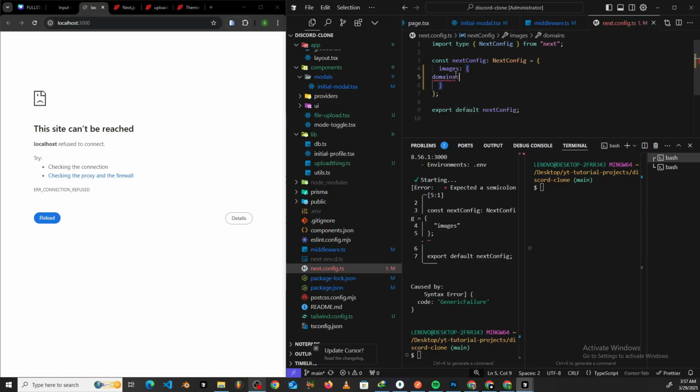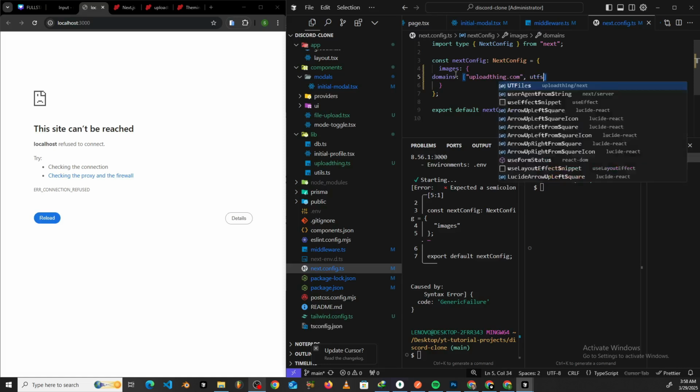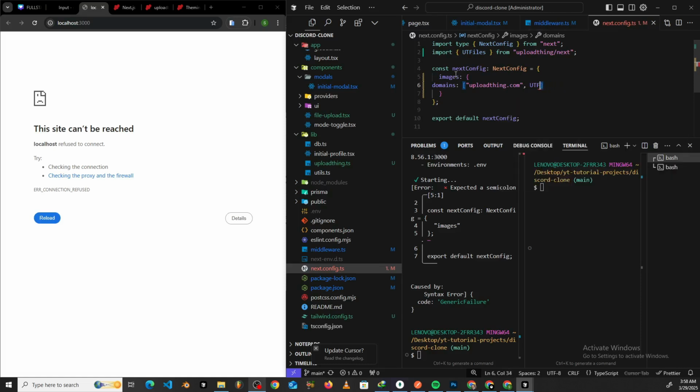Then inside the domains, we can just create this array and then pass in uploadthing.com right here, and the next thing is what? utfs.io, just like that. Alright, so now that we have these bad boys all set up,